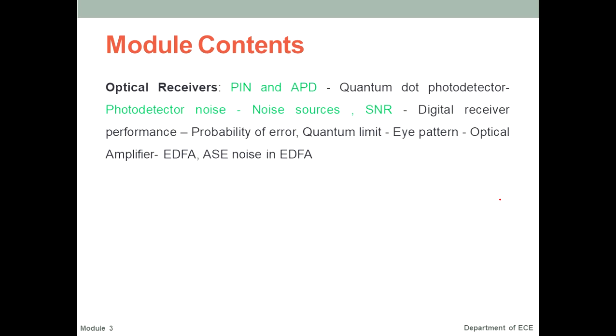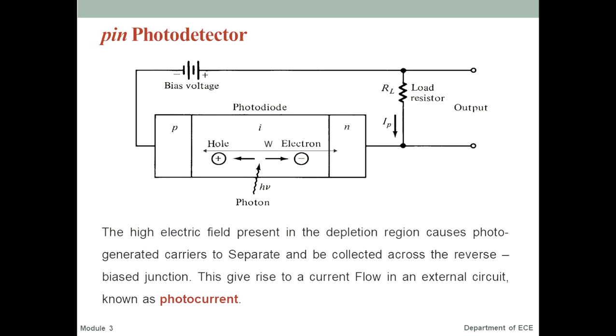This session we are going to focus on PIN and APD photo detectors. These are the two important photo detectors coming under optical communication. The first one is the PIN photo detector and the second one is the avalanche photo detector. So this diagram shows the